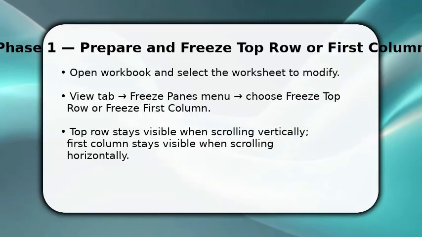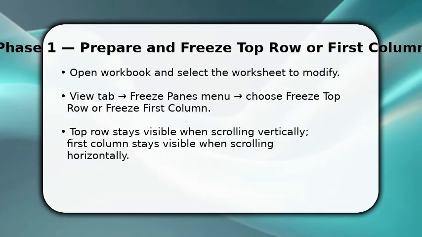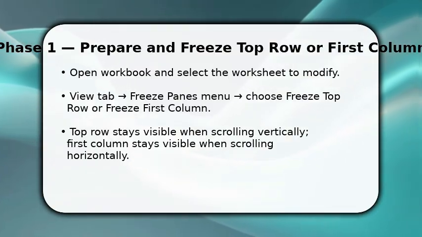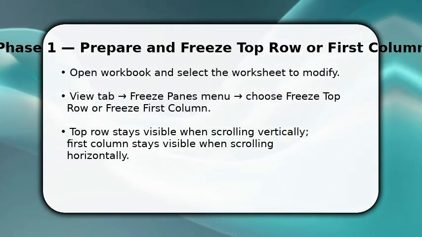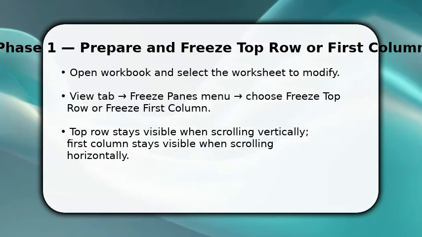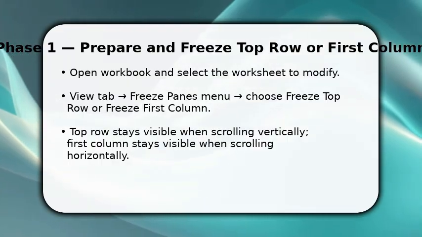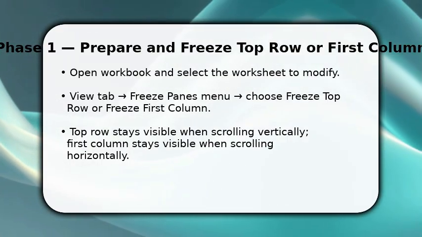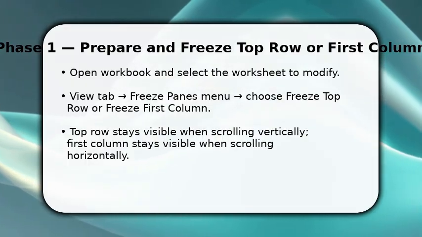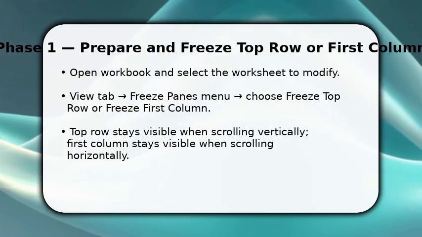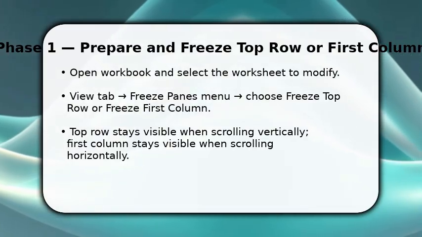You start with the sheet you need in Excel. Click the View tab, then Freeze Panes. Choose Freeze Top Row to lock the header row so it stays visible as you scroll down. Alternatively, choose Freeze First Column to lock the leftmost column so it stays in sight when you scroll right. This is efficient because headers and key labels remain anchored versus moving out of view, which reduces errors when you